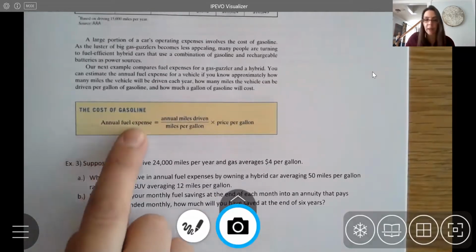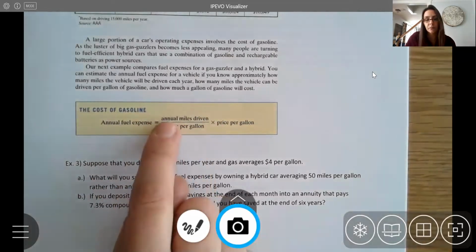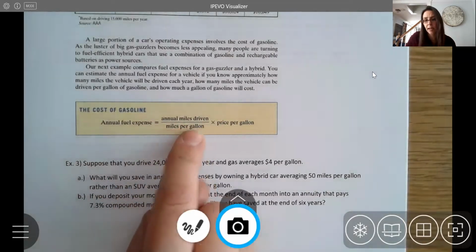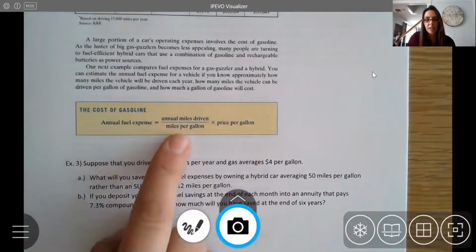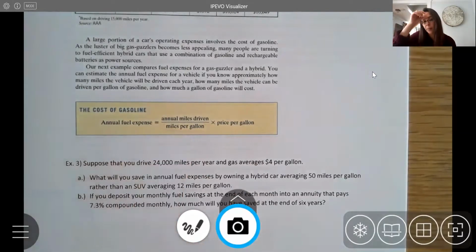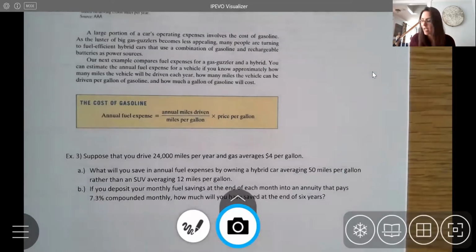Annual fuel expense, annual meaning for the whole year, can be calculated as your annual miles driven, divided by the miles per gallon that your car gets, times the price per gallon. Different cars get different miles per gallon, and they advertise that when you purchase them. They'll have the MPG, or miles per gallon. Typically larger vehicles like SUVs, minivans, and trucks get poor gas mileage, whereas smaller vehicles tend to get better gas mileage. Hybrids get better gas mileage, meaning you go further on fewer gallons of gas, so you save